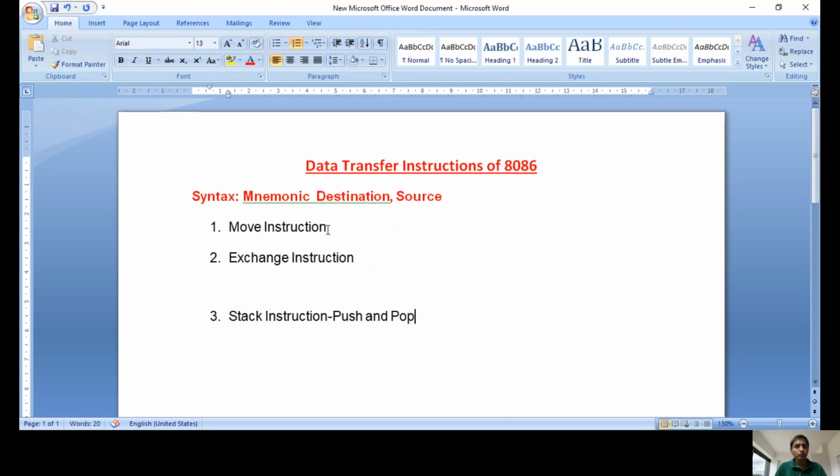Remember, every line of a program we simply call an instruction. If you write any program, it can be executed by the microprocessor only if the instructions it contains are within the instruction set of 8086. Then only those instructions are executed by the processor. That's why these instructions are very essential for writing any program.